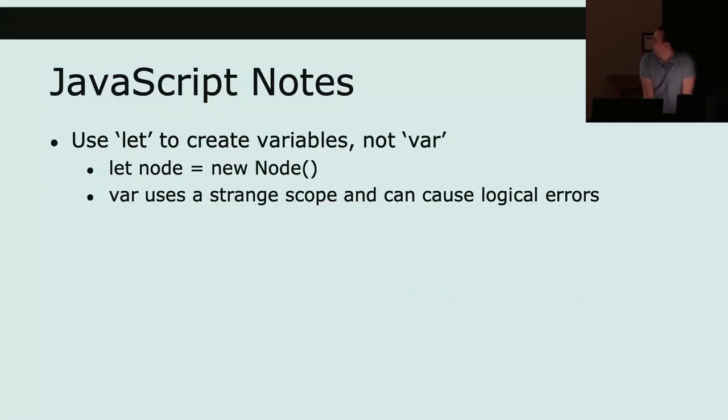Some quick JavaScript notes. Use let to create variables, not var. So let node equals new node. Do that. Do not say var node equals new node. Var uses a strange scope, can cause logical errors. I have had people almost in tears in my office before,